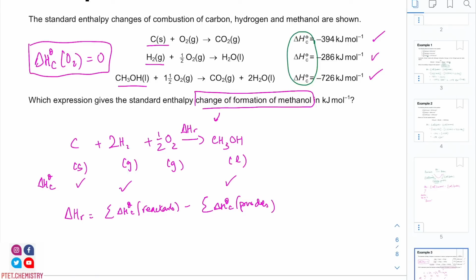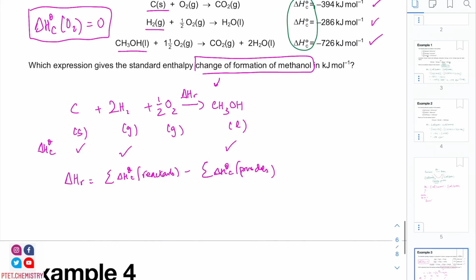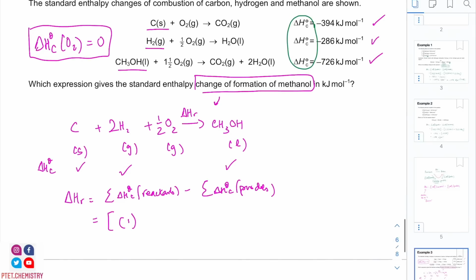It's not very clear without writing this equation what you have, what you are expected to find, yeah? So you really need to write down this equation, otherwise you will get the wrong multiple just by looking at this, alright? And it doesn't work like that unless you have a balanced equation for the reaction that you want to find. This reaction happens to be the enthalpy change of formation, as I mentioned previously, yeah? Seems counterintuitive, but we know that by definition this is whatever it is, yeah? So the reactants are on the left,